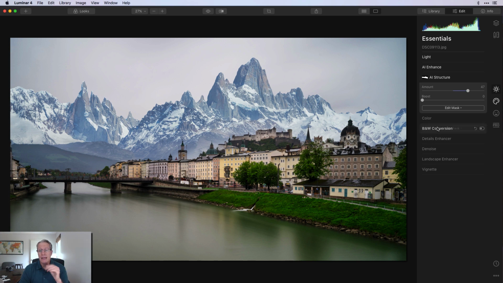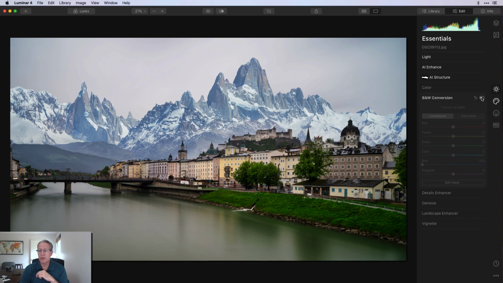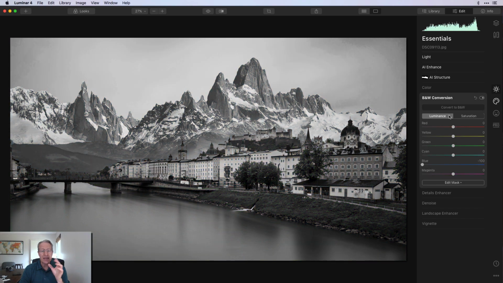This is when I went to black and white conversion, and let me turn that on. And at this point, I was like, okay, black and white is definitely the look that I want here. I felt like there was a lot of color in the other one. Let me show you again. There's a lot of color here, and I love color, as you know, but I also like black and white a lot, and I just felt like, especially those mountains, I mean, they have some blue in them, but there's not a lot of blue in the rest of the photo, and I just felt like matching them up was going to be a hassle, and honestly, to me, it's more dramatic as a black and white, so I converted